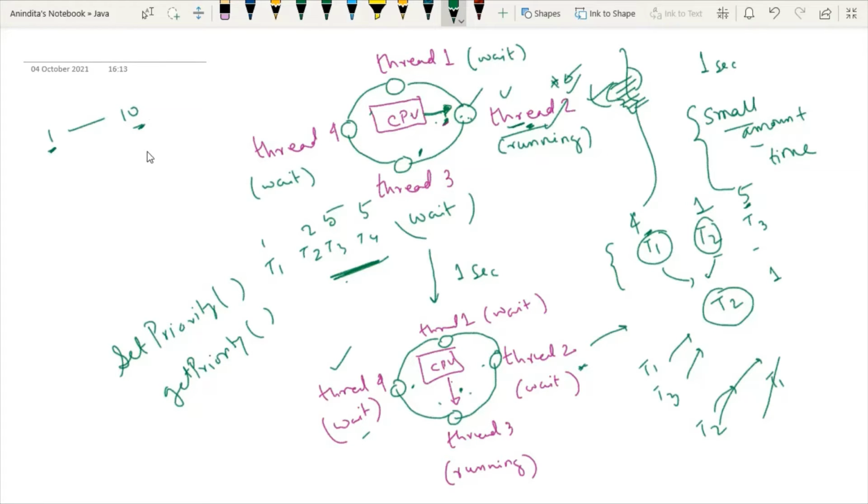So whenever no priority is assigned to a thread, then it will take somewhat of a medium value, in between 1 to 10, that is, the value 5 is selected. So this point you have to keep in mind whenever we are exploring preemptive scheduling. If priority is not set to a particular thread, the default value of the priority is 5, right?